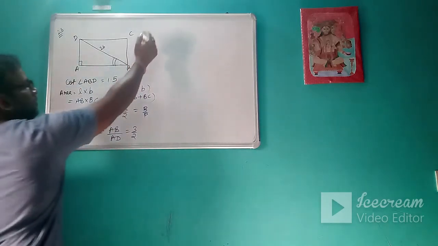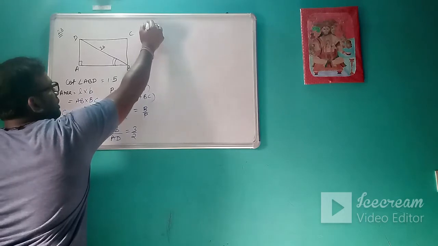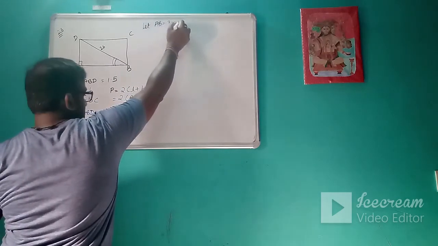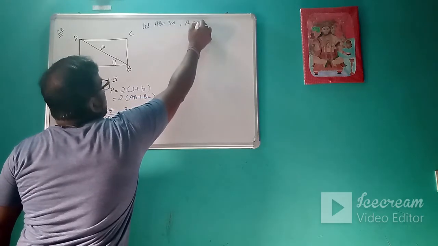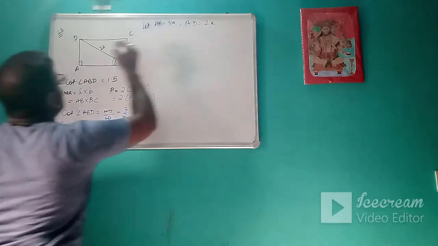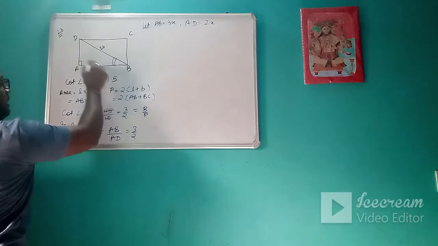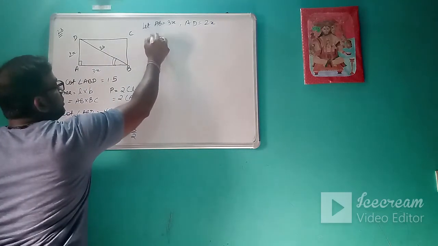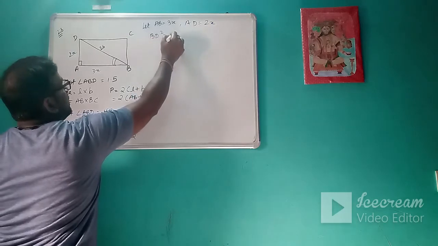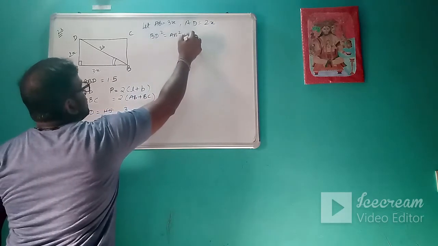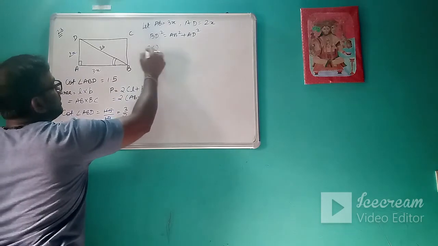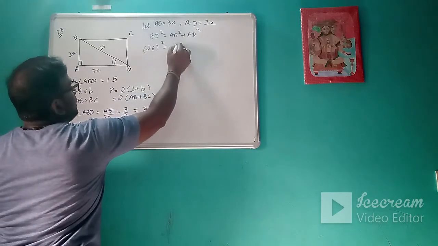So now again we will use the concept of ratio. Let AB equal to 3x and AD equal to 2x. So this will be 3x and this will be 2x. Again we will use the Pythagoras theorem, that is BD square is AB square plus AD square. So BD is 26, AB